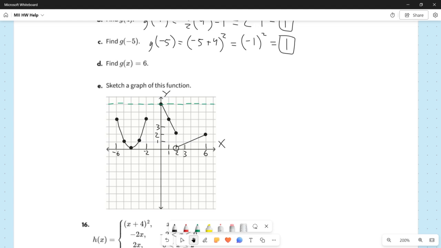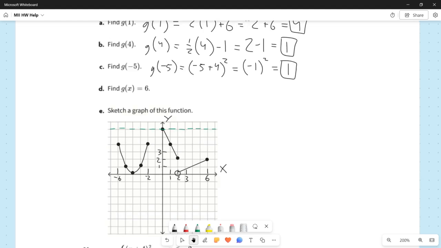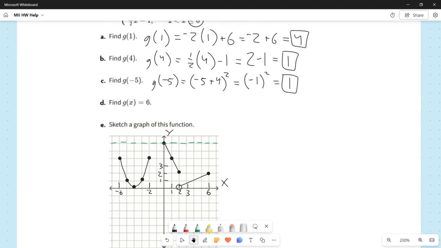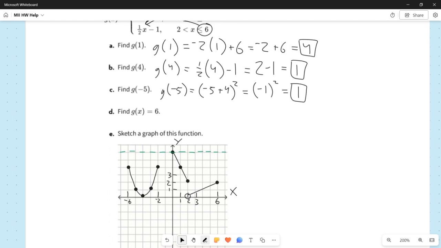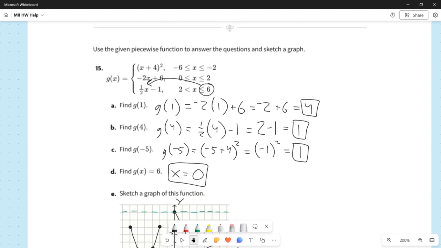And what we can see here is that we get a 6, just like when we did the lower bound for the middle piece, we got 0, 6. So looking at our graph, we know that in this case x has to equal 0. Right? That's the only real way to get a 6 in this piecewise function. Now, if we didn't have the graph,